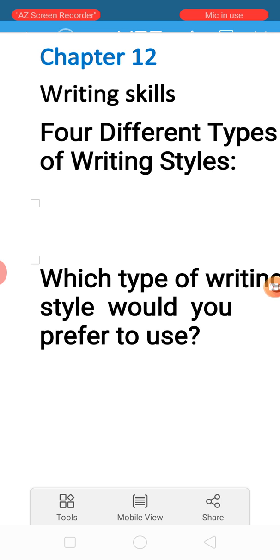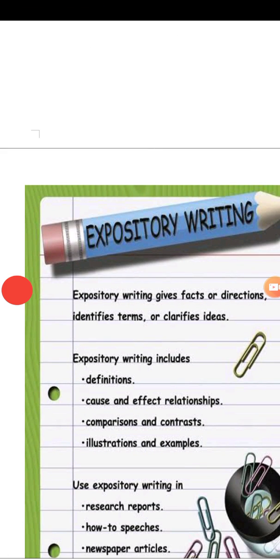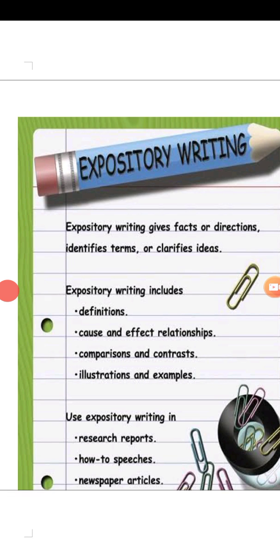Today in the business communication class, we are talking about writing skills, or writing styles, the 4 different types of writing styles we use when we write. So, which type of writing style would you prefer to use? The first in line is the expository writing style. Expository is also called informative, wherein you inform someone of the things you would like to put forth, like the news or anything you want to